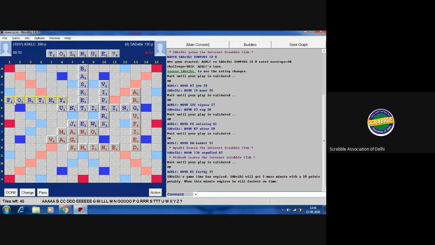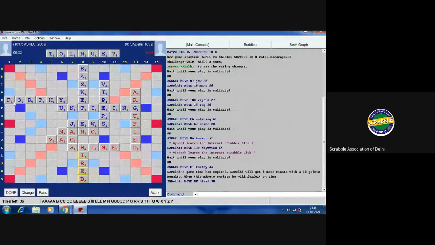So I've got an imbalanced rack as well. I have got four vowels. Okay, so this is what I have. So I can try to maximize them over here at the Fs, which is what I probably want to do. Or I want to do hired over here. Hired over here, and I want to get that. Okay.